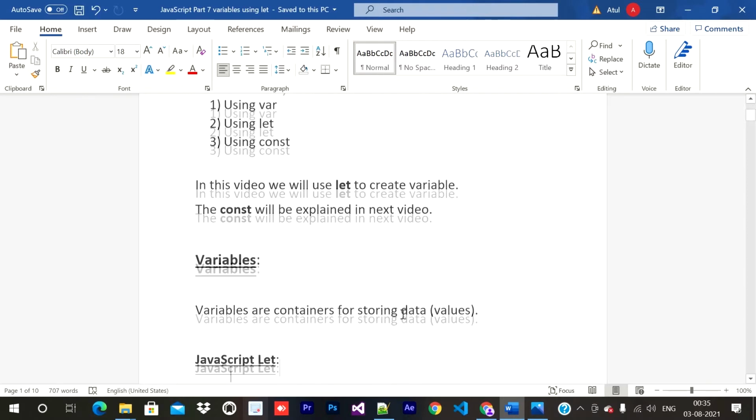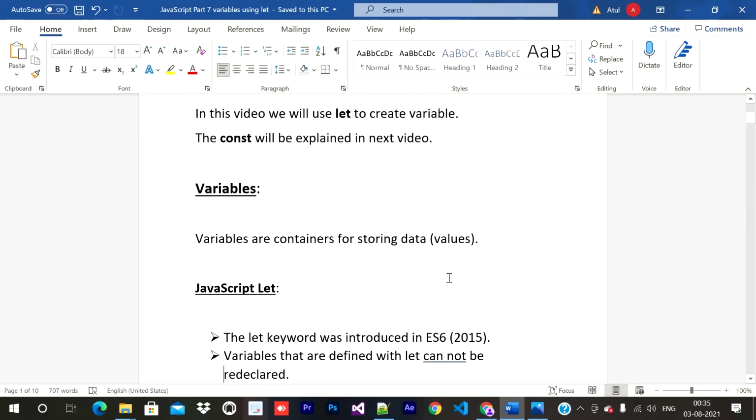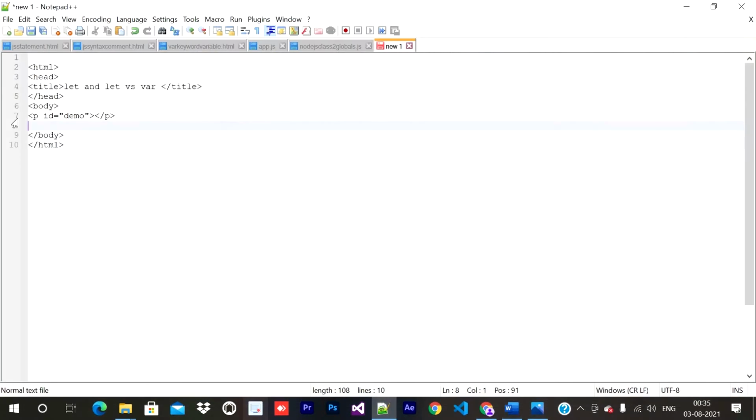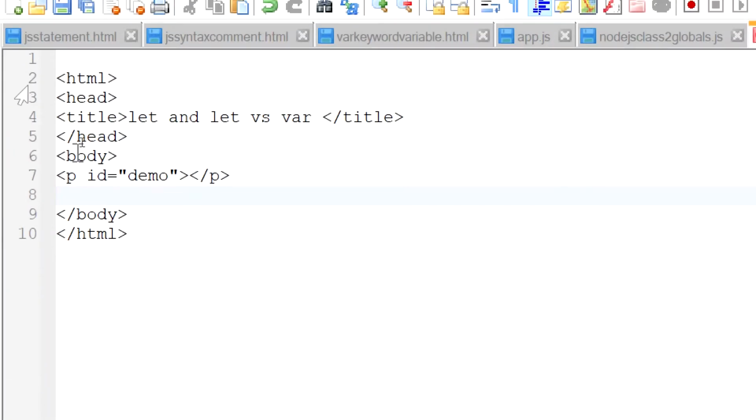Variables are containers for storing data or values. Let me show you a practical example to prove that variables are containers for storing data or values. There is a basic program which I have written here, and now I am writing console.log. The basic structure is already written.